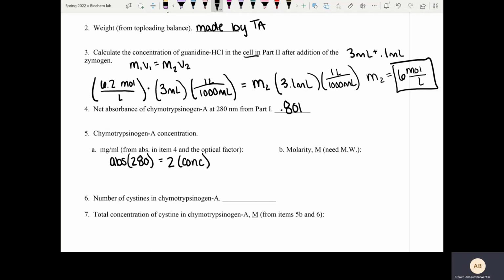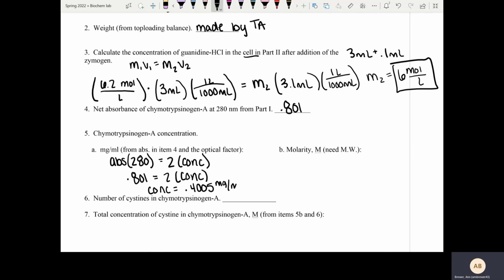And so the absorbance is our 0.801, and we set this equal to 2 times concentration. This gives us a concentration equal to 0.4005